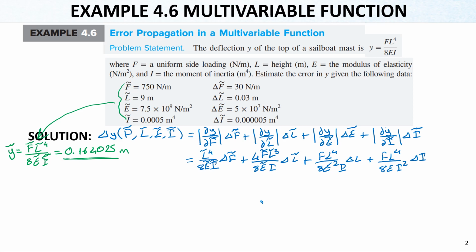Let's not forget the tilde values here as well, here too, and here too. Now if we write everything down here, so these values are for the predictions over here, here, and these values are the errors here, here, here, and here. When we write them down, we simply find the delta y value